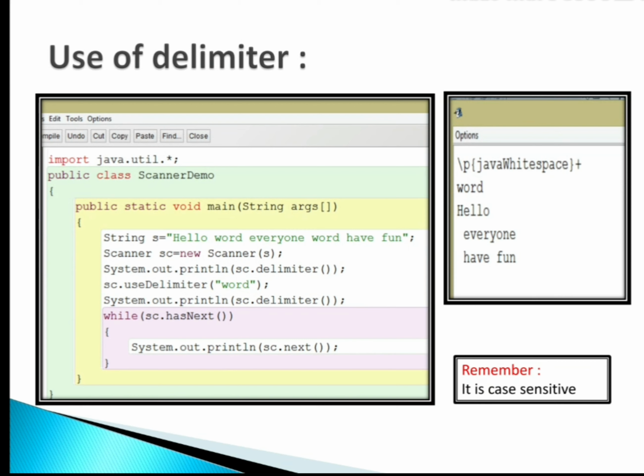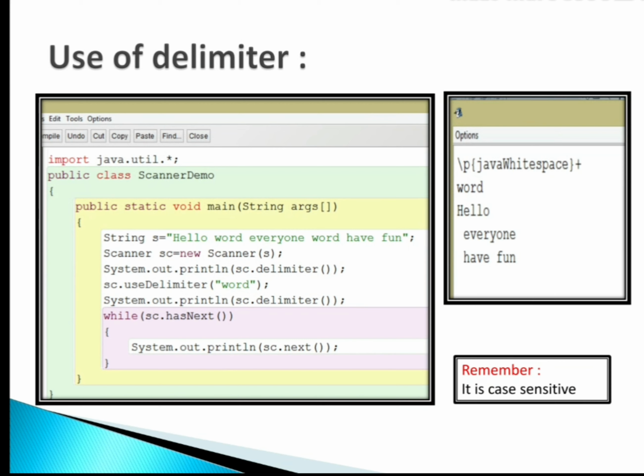That's why I'm writing sc.delimiter in System.out.println. In the output we are getting word as our delimiter, meaning it is set. Now I want to pick my tokens one by one. hasNext shows me that we have a next token, and sc.next picks it for me. One by one it is going to pick the token 3 times. This function provides us the token. The first one is hello, the next one is everyone, and the third one is have fun.